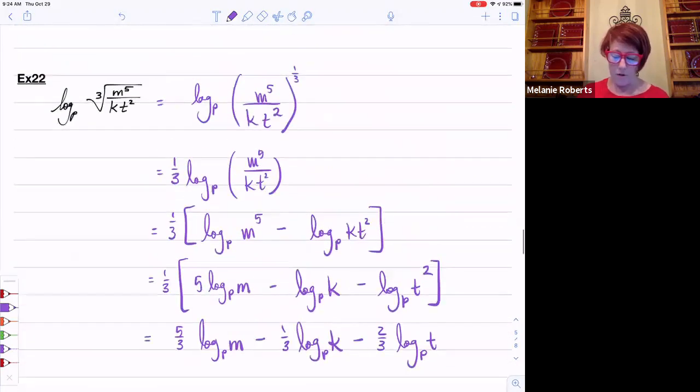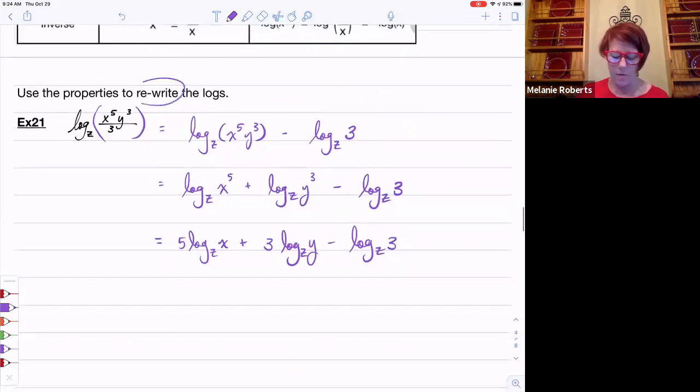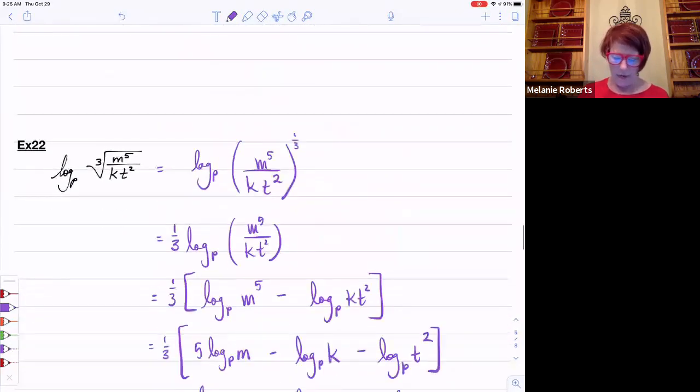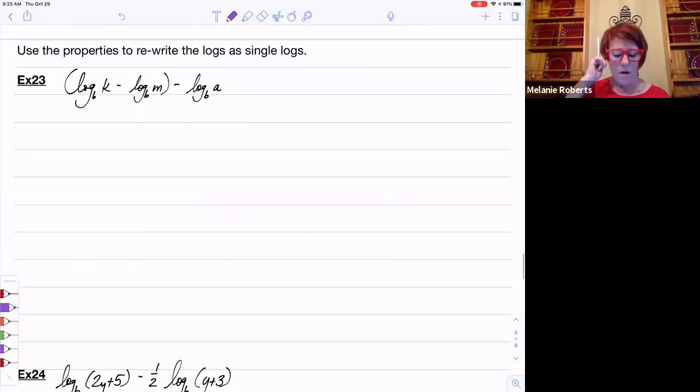And for the record, folks, did I write, no, I said rewrite, but I didn't say we would be expanding. So often this is the word that will go with this section because we took our logs and we expanded them out. All right, now let's go to number 23 when it says use the properties to rewrite logs as